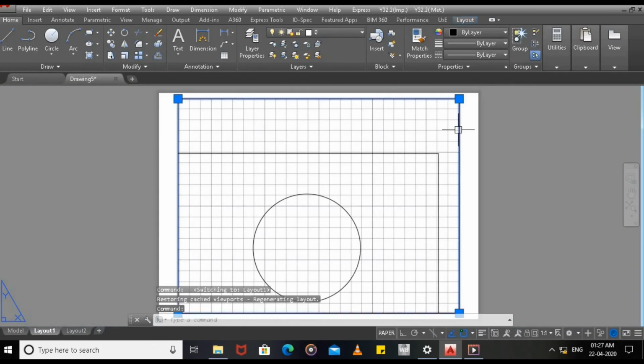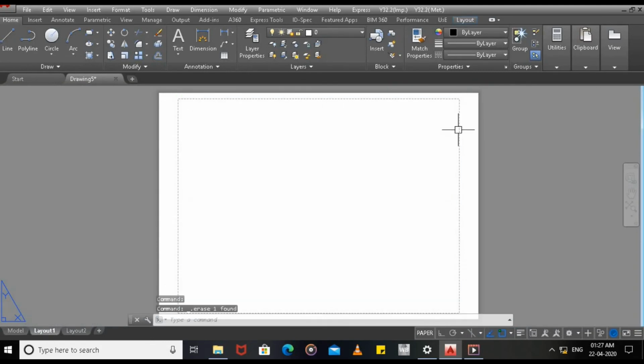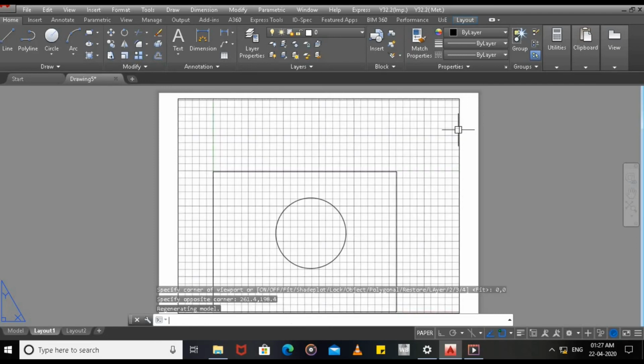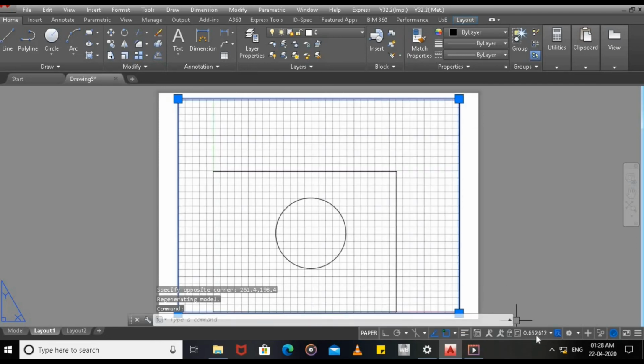In that layout we are deleting this viewport, drawing another viewport by the mview command, then 0,0, then 261.4,198.4. Press enter. The scale of this viewport is 0.65. We have to convert the scale to 1:1.